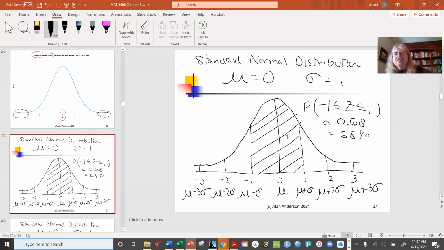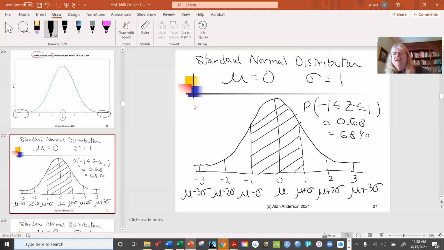So the shaded region covers the area between -1 and +1. It also represents the probability that z is somewhere between -1 and +1. Now, this is approximately equal to 68%. We'll see where that came from later on. But roughly 2/3 of the normal distribution is found between -1 and +1, or within 1 standard deviation of the mean,